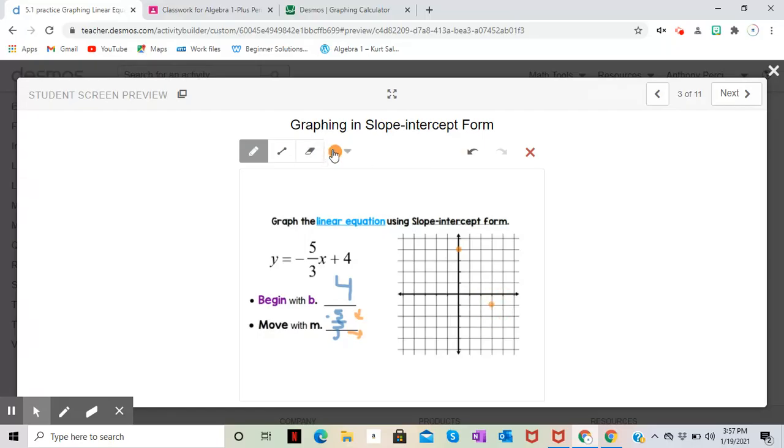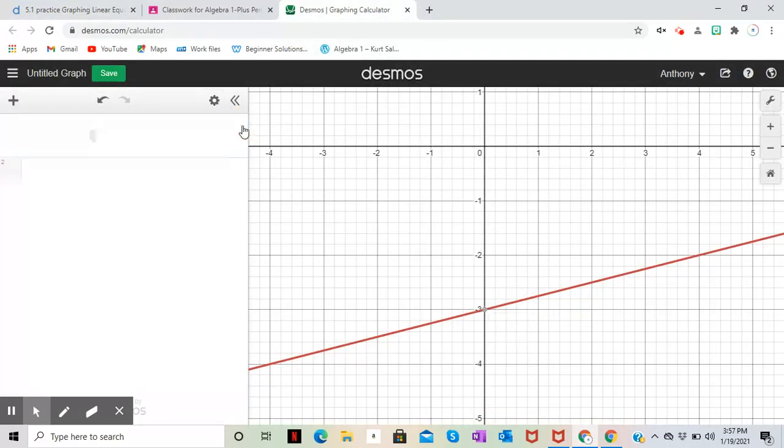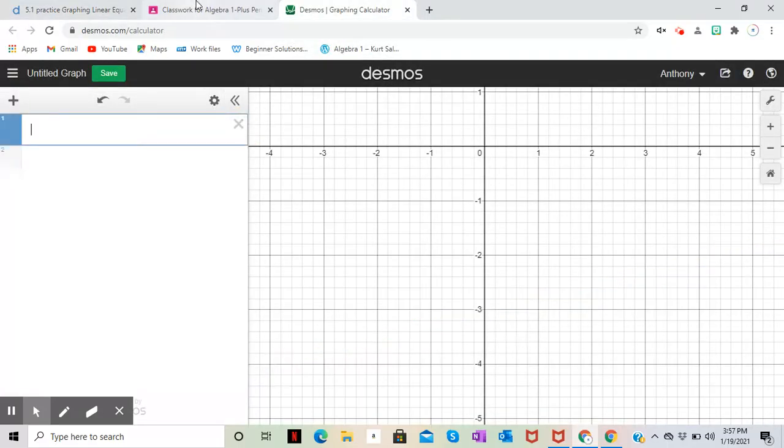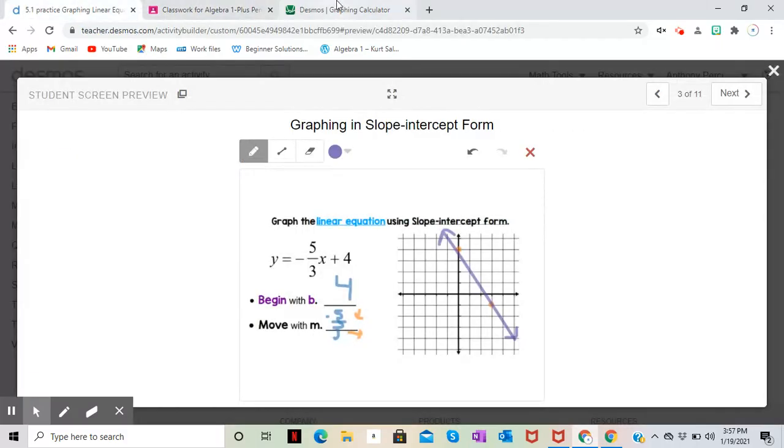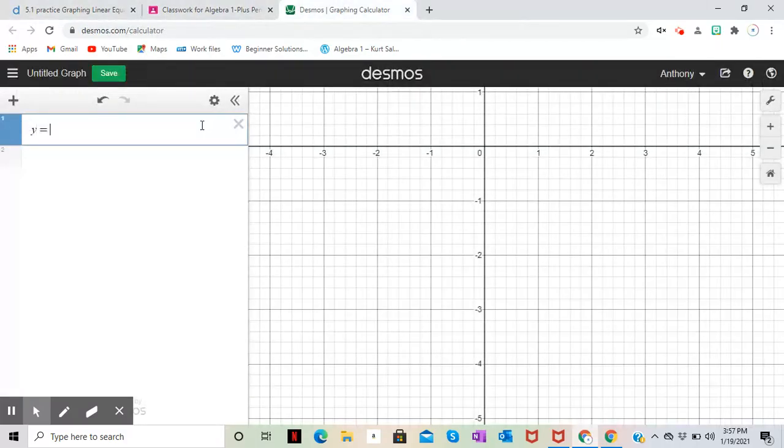Now we are going to connect our points. We can connect them using this line tool, or we can sketch. It doesn't really matter. Just please make sure that when you sketch, you put an arrow on both ends so you are technically correct. Now, I'm going to check on my Desmos graphing calculator to see if we're correct. So I'm going to delete this. And in my Desmos graphing calculator, I'm going to type in my equation, -5 over 3x plus 4. Don't forget the y equals. Y equals